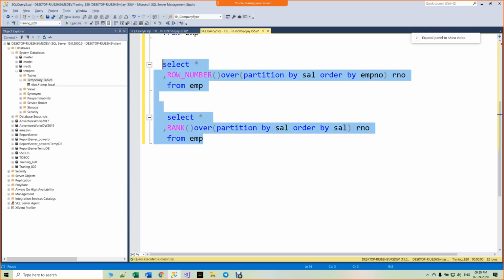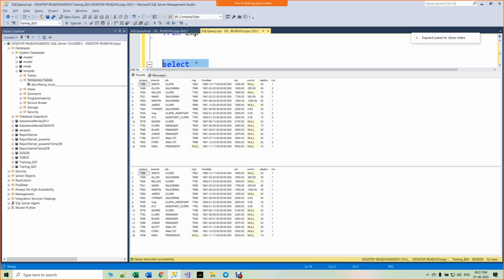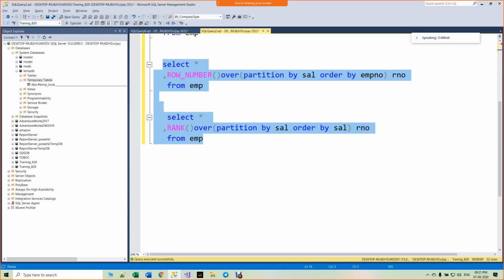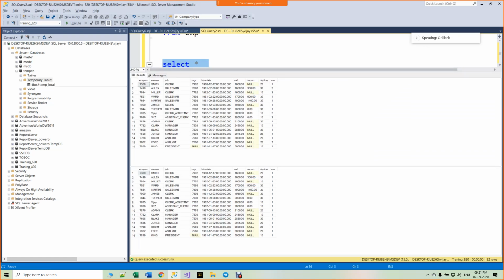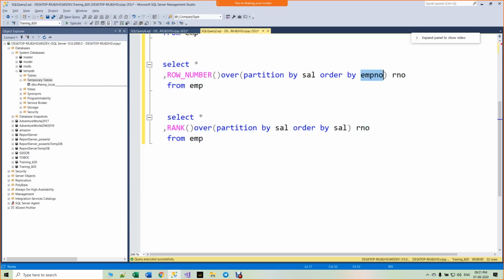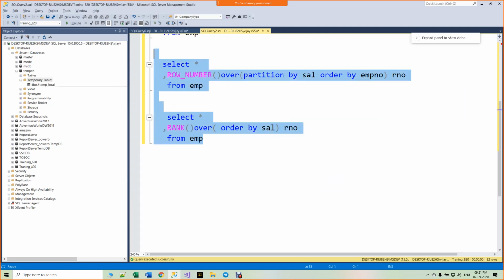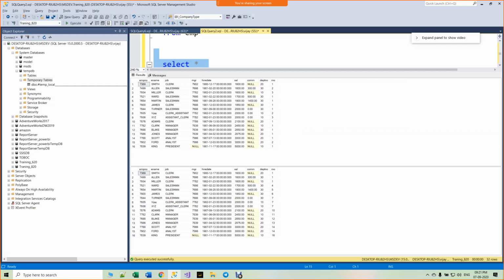Let me keep the ordering. I took the rank on the salary. So all the same salaries took rank 1.